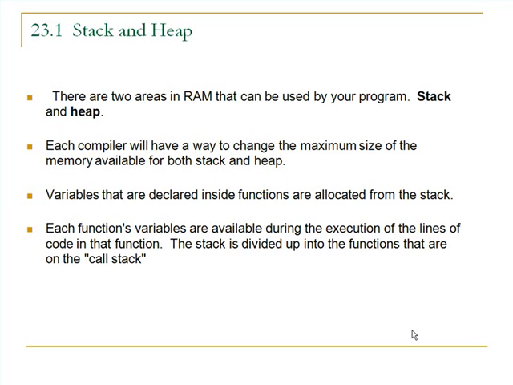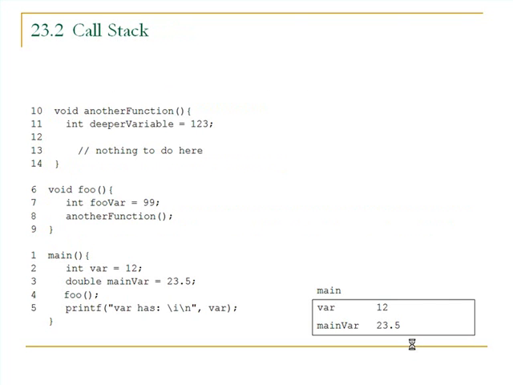So the way the stack is organized is that each function is on the call stack starting with the main, and the variables are stored in RAM based on what function they're declared in. So let's have a look at some simple code. Here's the main function, and there are two variables declared. So here's a picture of our stack over here. We have two variables, var and main var, and then when we leave this function by calling another function, here's the call to foo,